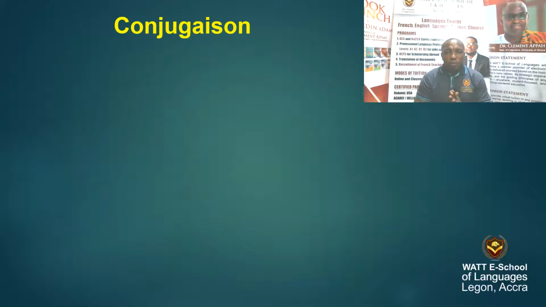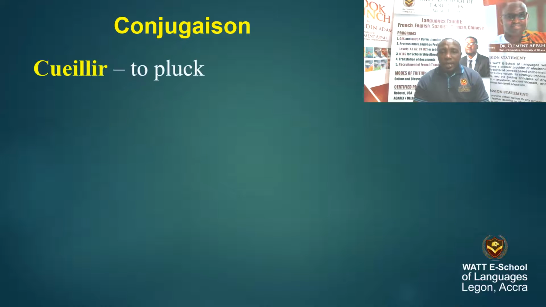Now, let's have a look at the end of the story. I have to pick up a main verb around which the story is centered. So we call it conjugation here. I'm going to pick this verb out. It's the verb cueillir, to pluck, and I'm going to conjugate it in the present because I told you in the composition that it's better that you use the present tense in describing an event or describing someone or something. Now we are going to conjugate cueillir in the present tense. Let's have a look at it.